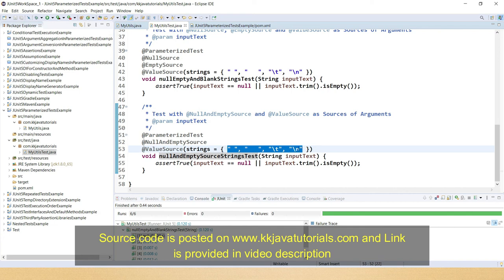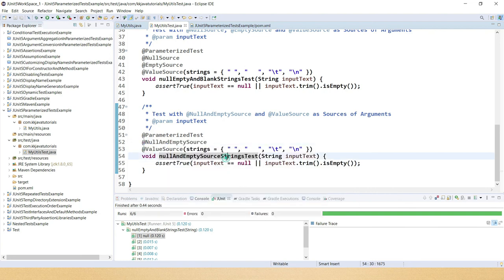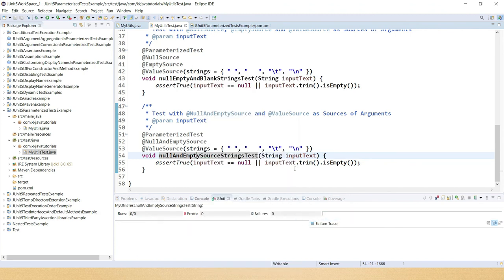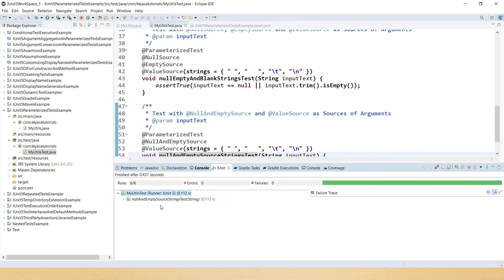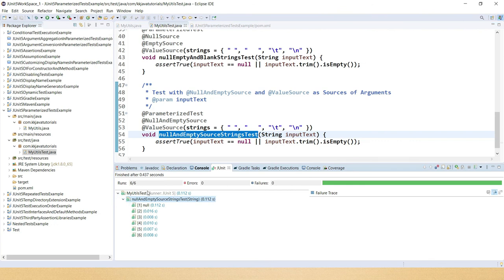So here 4 iterations for these and 2 iterations for this, because this combines null as well as empty. So again we are expecting 6 iterations for this test case as well. Let me run this test case. Only this test case I'm going to run, and look at the display name, null and empty string test, which is the same as before. If you look, there are 6 iterations, right?